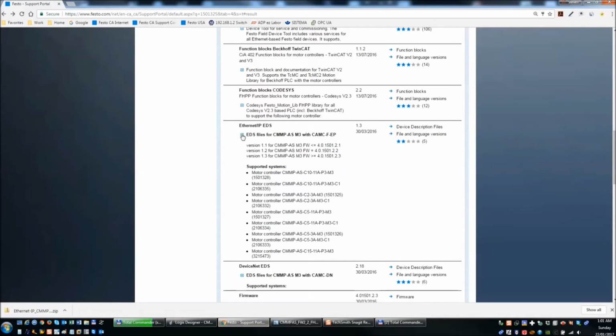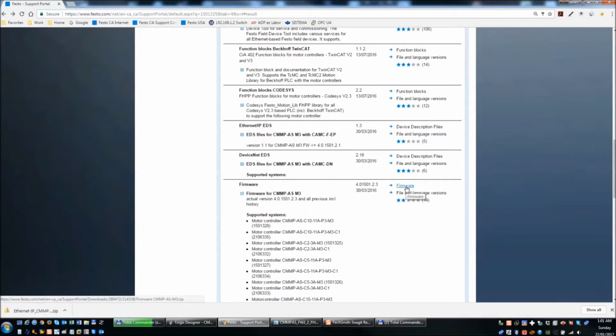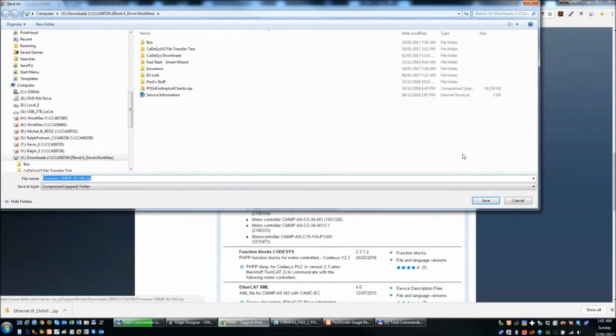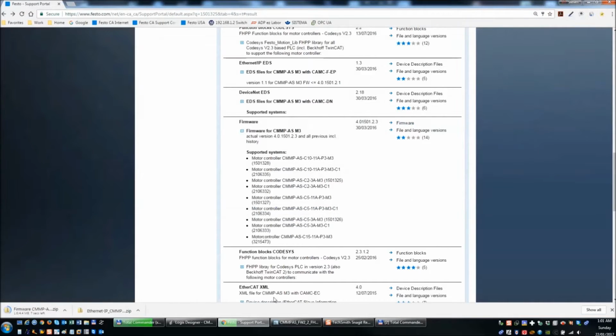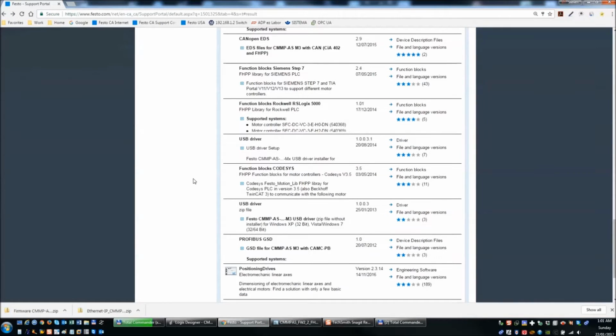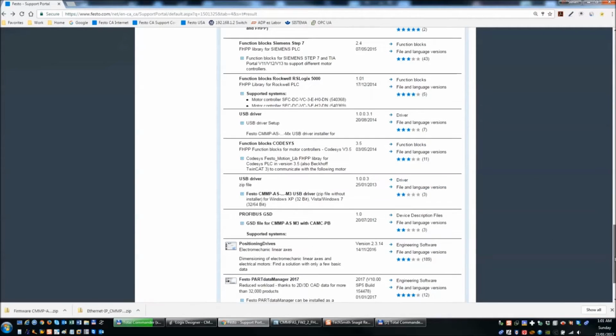So we keep going here. Next thing is to get the firmware. All controllers that are delivered from Festo and basically any other manufacturer these days come with no firmware or older firmware, so that you have to upgrade to whatever you need for your facility. So click on firmware, download the firmware, save it. What else do we need? Well, if you want to connect to the controller via USB, you need the USB driver, but I'll use Ethernet